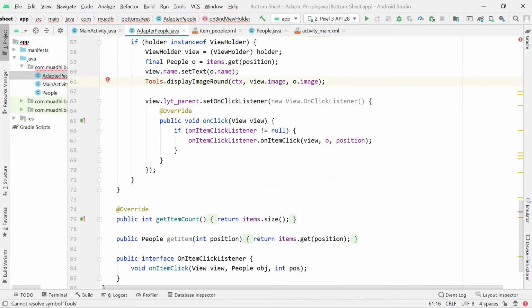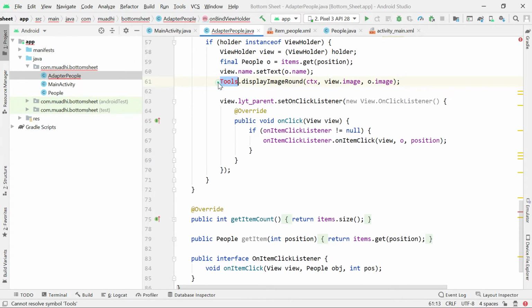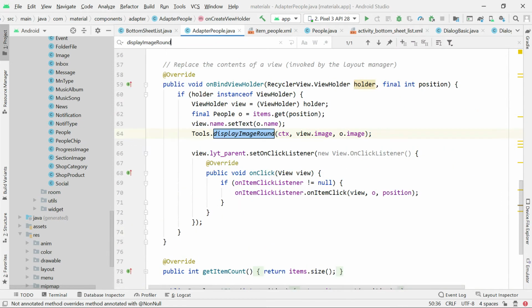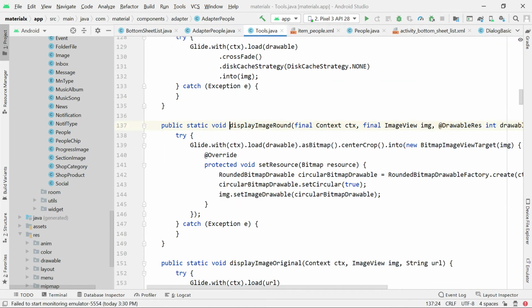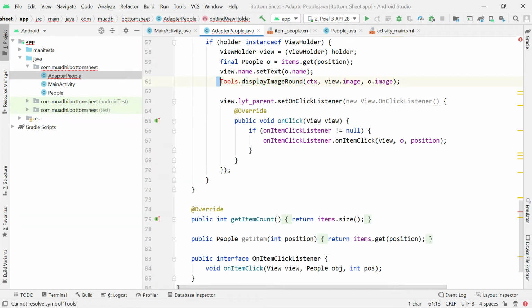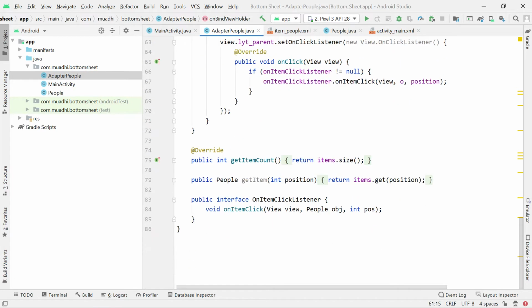Display image. This is class for displaying images, just a method. You can just come and get it from here for displaying an image in a rounded item. Just image view, display another image. Just a public static class. I use them just to display image. I can even leave it for now, just for the sake of learning. So if I leave it for now, I may not even need the image. Okay, so